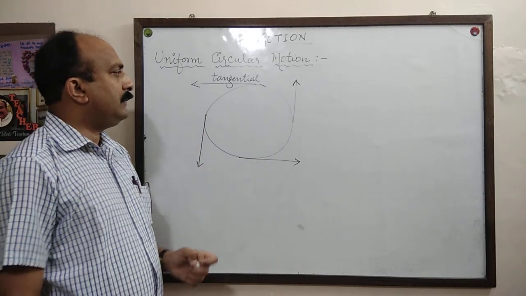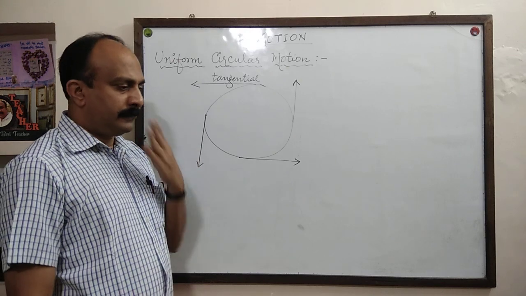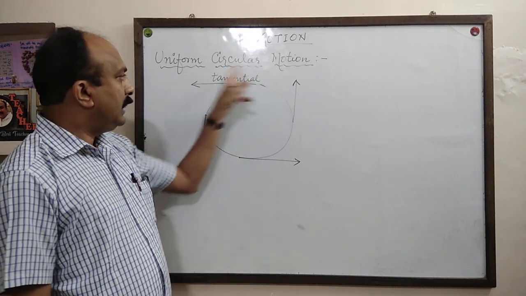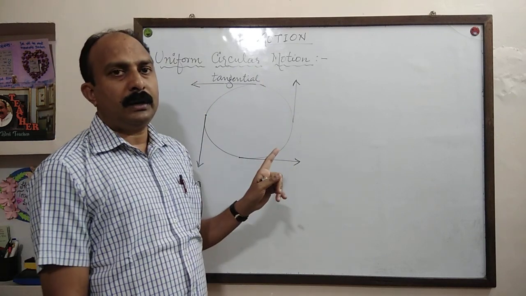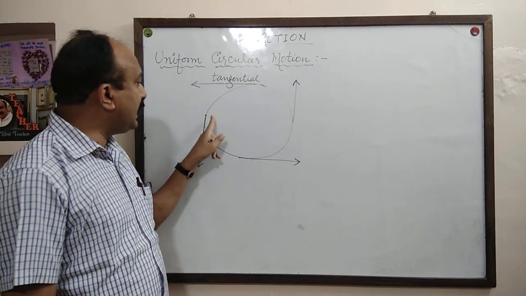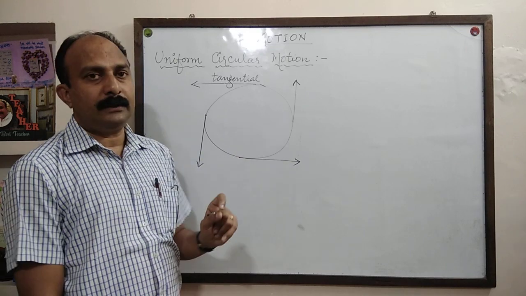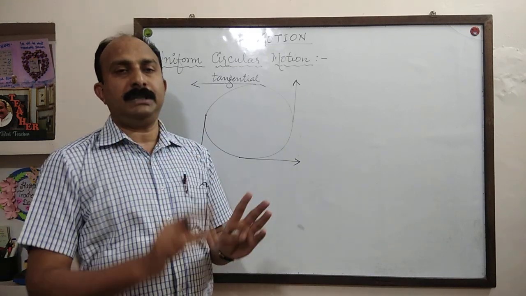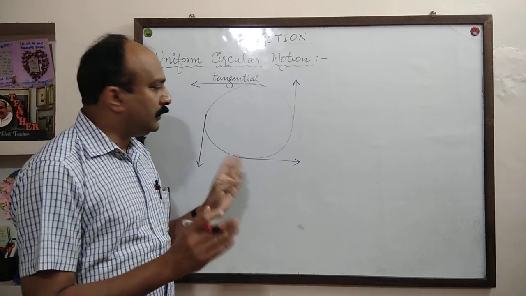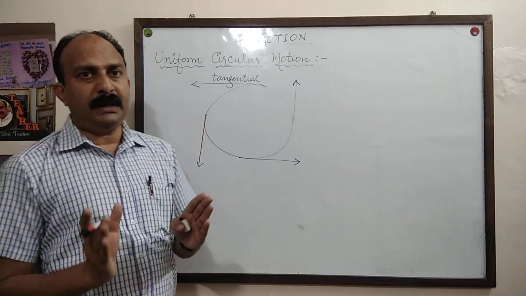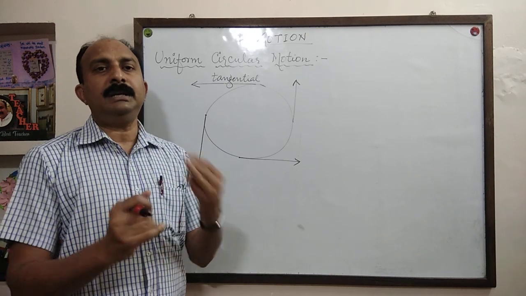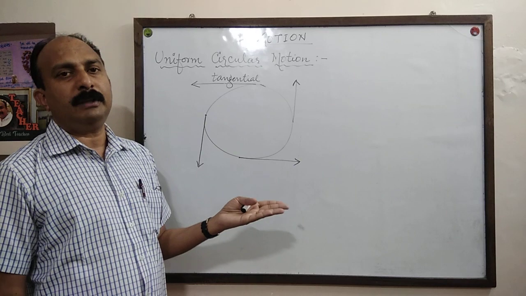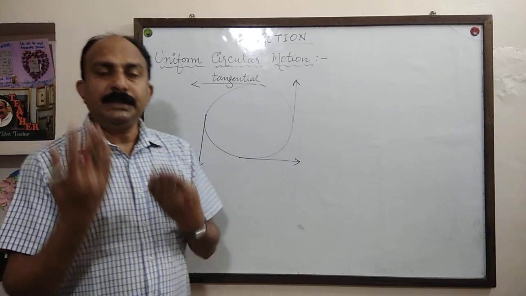That means we can also come to another point of uniform circular motion. When a body is in uniform circular motion, its direction changes continuously. At every point of its path, its direction changes. Even though the body is moving with a constant speed, its direction changes continuously at different point or at every point of the path. When the direction changes,